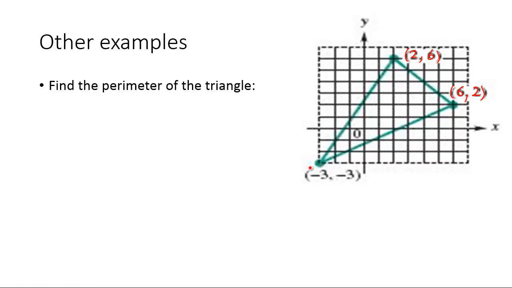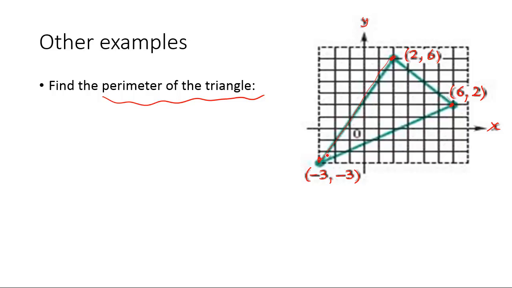So you have a triangle with 3 points, and the question is to find the perimeter of the triangle. So try this question out on your own and then just check if my work works with your work. Alright, so the strategy I'm assuming that you are developing is that we need the distance